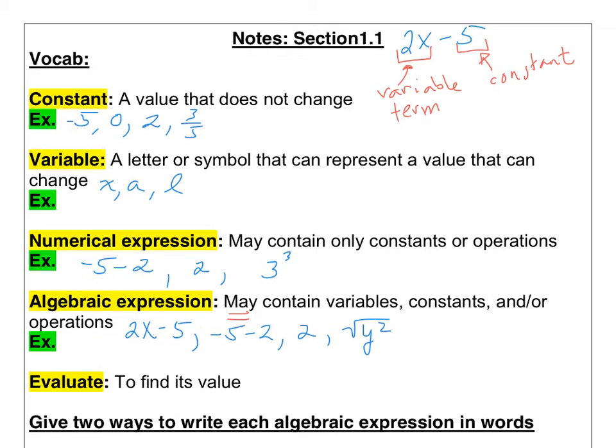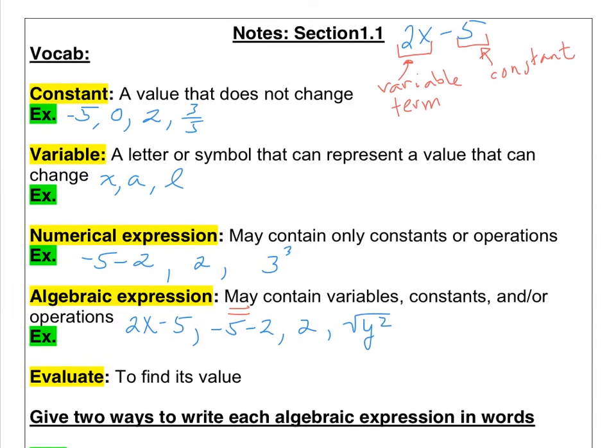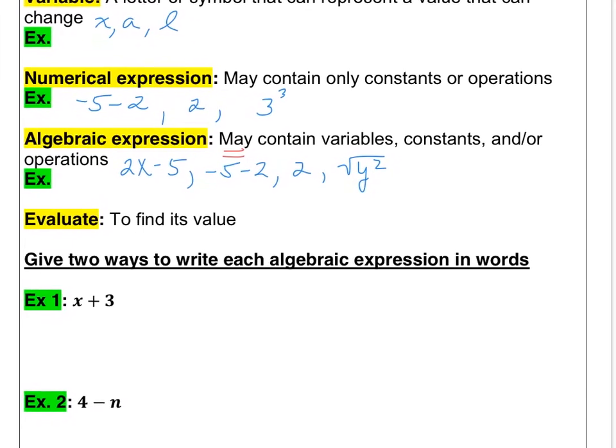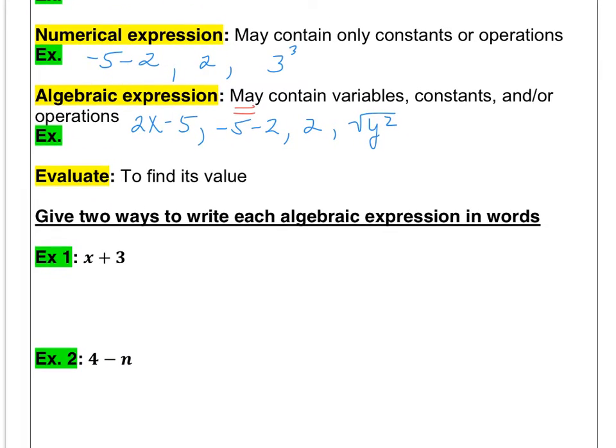And then the last little bit we have here is evaluate, and it just means to find the value. So that's what we were doing up here earlier when we were evaluating 2x given that x was 2 or negative 3. We were finding the value. And so you just need to know those directions. So before we get to looking at how to write the algebraic expressions in words, let's go ahead and look at